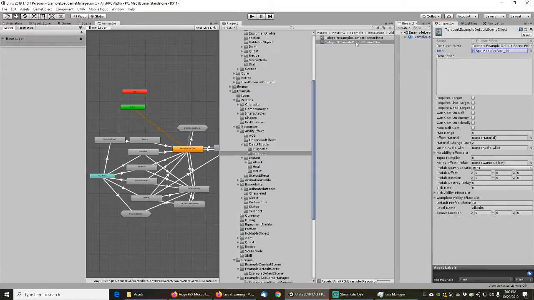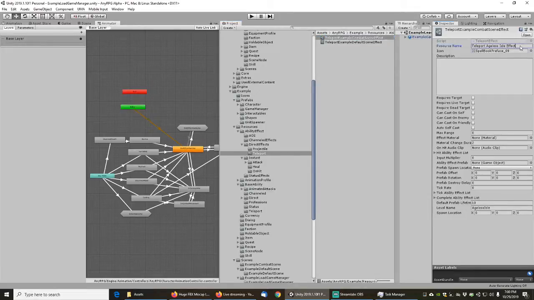And you know what, actually that's fine. Okay, so let's see, that just needs to be example default scene. And now we have a teleport effect for that, and then this